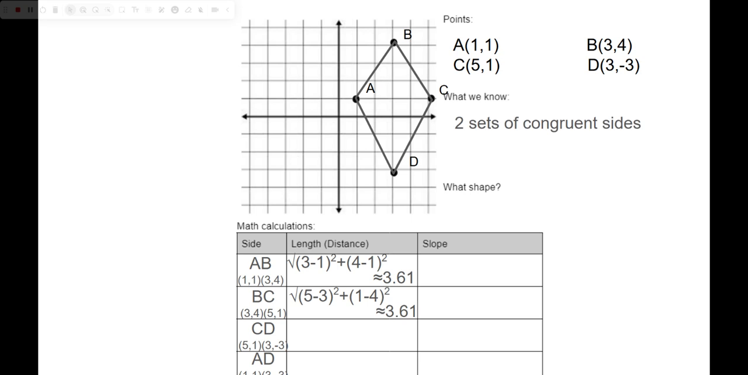So let's jot down our thoughts. We have 2 sets of congruent sides. So it could be a kite, a parallelogram, or a rectangle. Again, you should know just by looking at the picture what you have, but we're trying to prove it. So if it is a